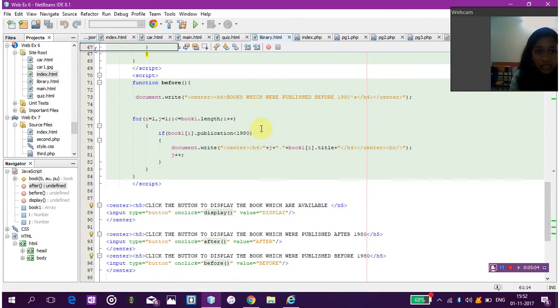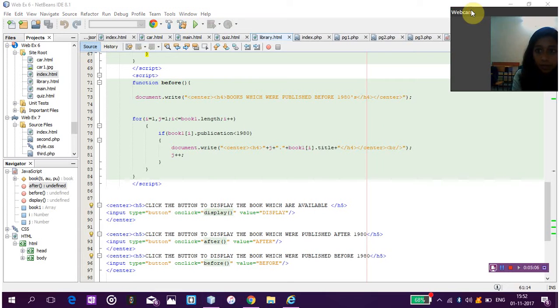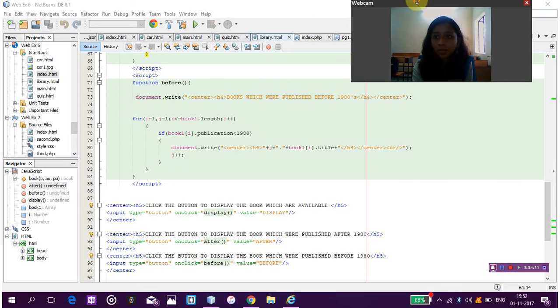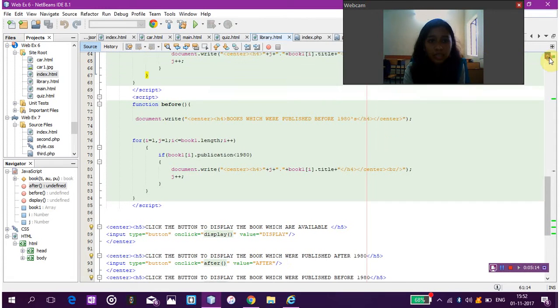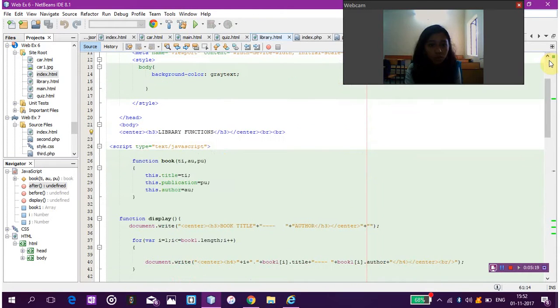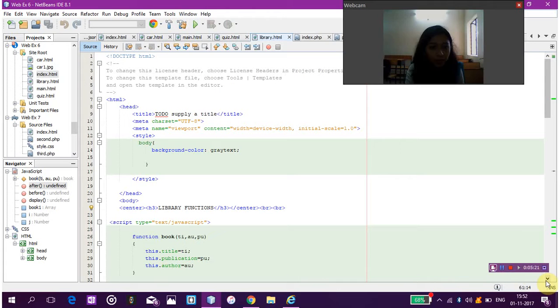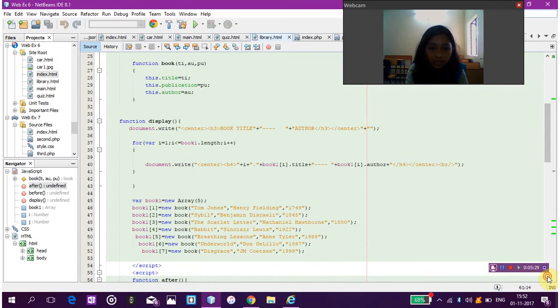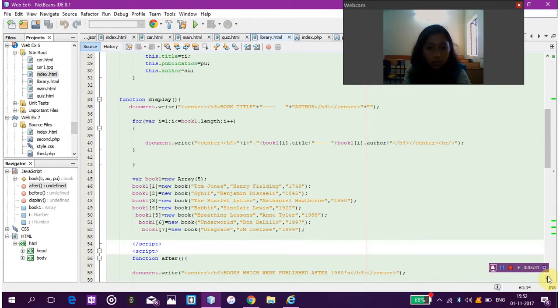So in the style sheet, in the script you give whatever you need to display. Then in the style sheet you have background color and all that. In the script part, in the script box, in this array you have 6-7 books name with the author and the year of publishing. And then when you run this program,